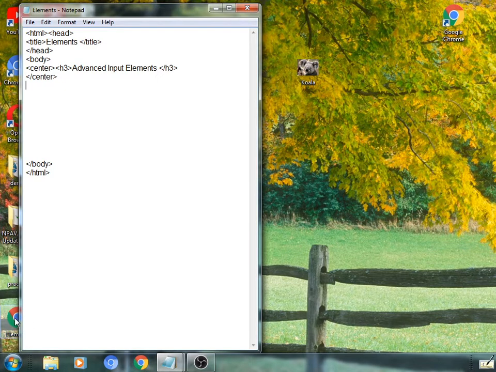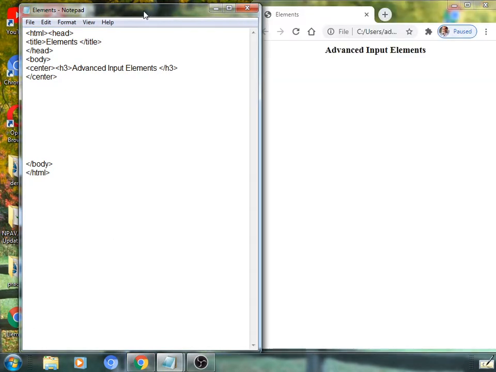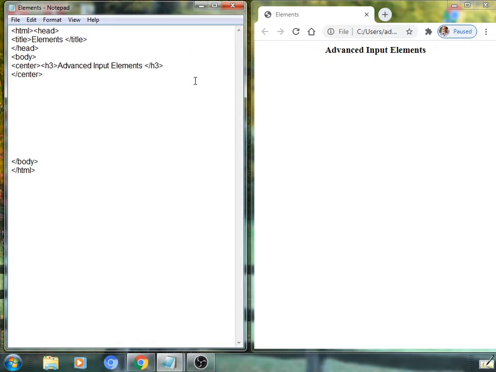So see here, most commonly we are using the input tag for applying such elements on a browser's window. See one by one. Element number 1, URL, or it is also called a location, where a location is to be displayed. For that, most commonly we use the input tag, input type equal to URL.